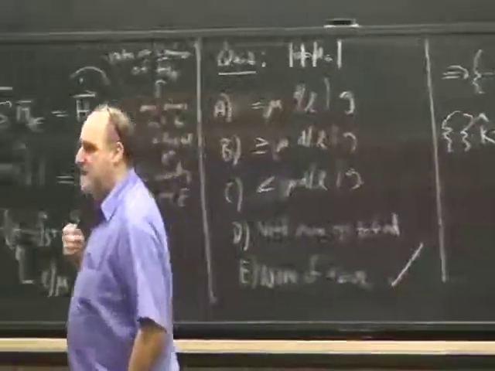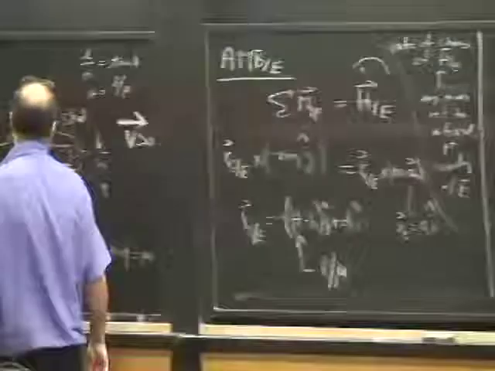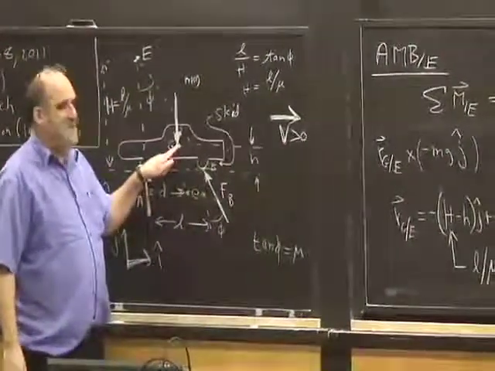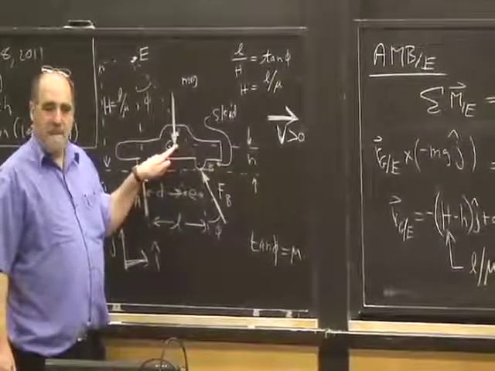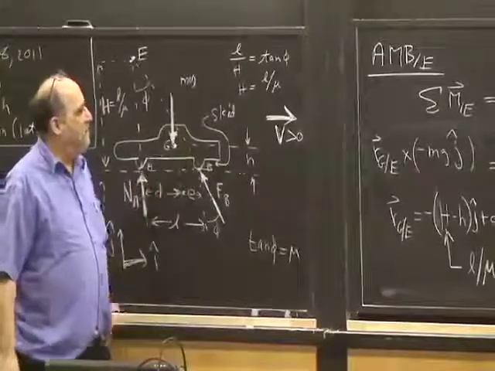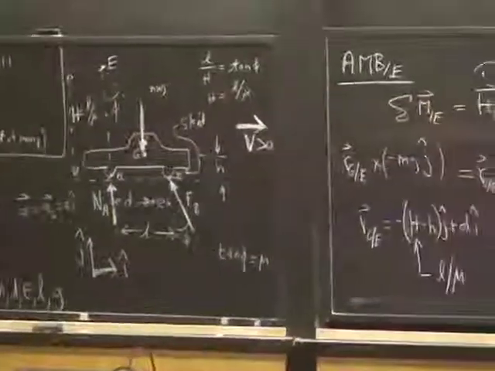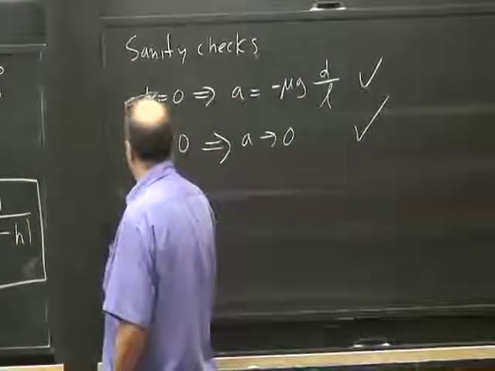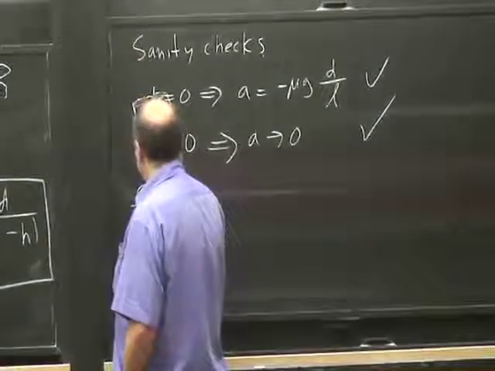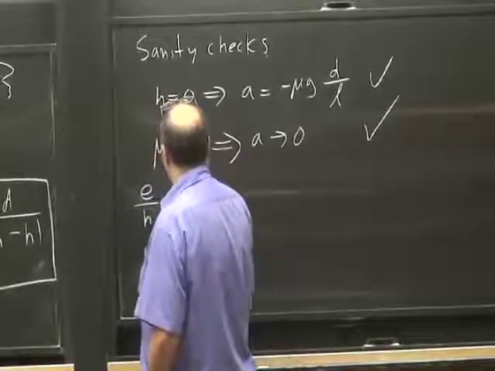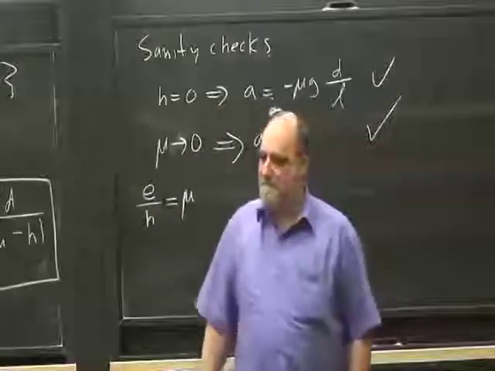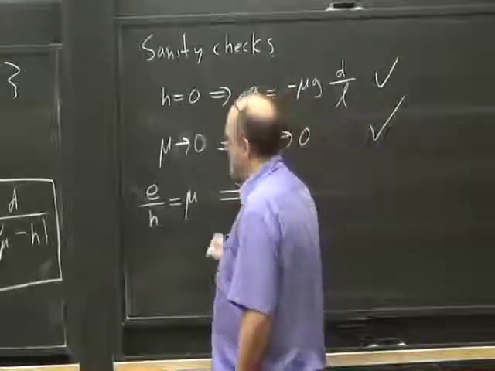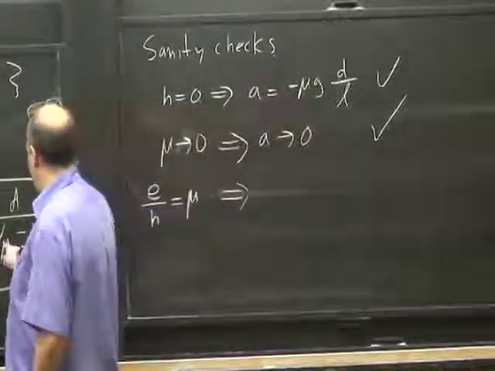There's another funny result here, which is what happens if the geometry is such that this force passes right through this point here. So the center of mass is kind of far forward. That's a funny special case. What would that special case be? It would be that E over H is equal to mu, or tangent of phi. So if E over H is equal to tangent of phi, then we put here that,